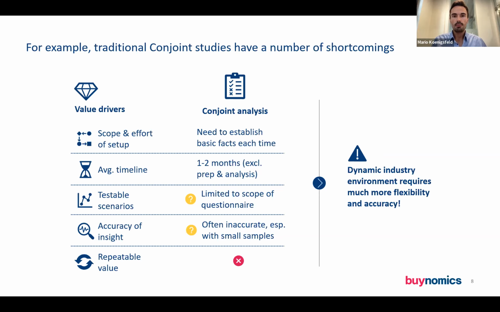All in all, those 4 factors basically lead to the 5th one. What we typically don't see in conjoint is a repeatable value. For us, it is really down to having insights on very short notice. When you want to pose a question, you want to set up a hypothesis, then you typically want the answer immediately, and you want to test a broad range. All those factors can't be covered in the conjoint analysis. So that's why it's more a snapshot in time than an ongoing study that you can actually use for steering your business.